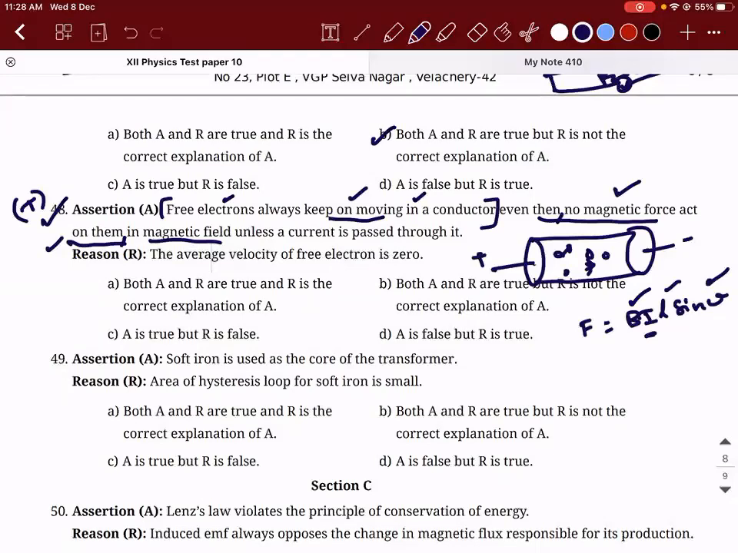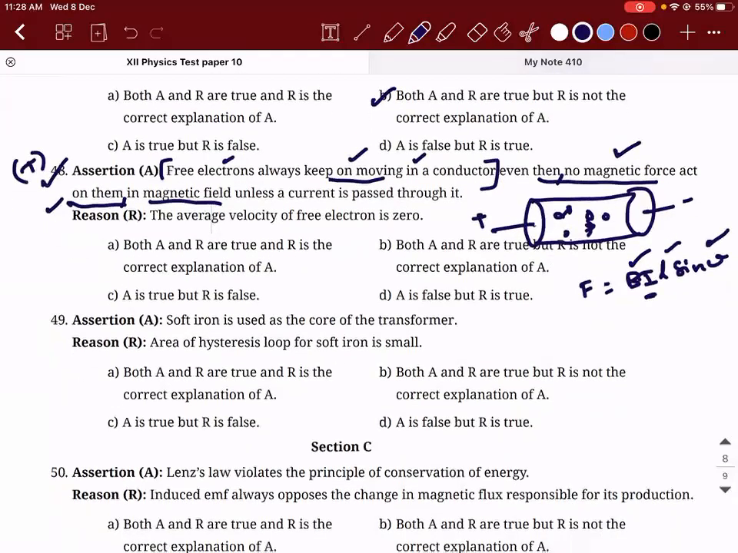Why is it a right thing? It is because the average velocity of free electrons is zero. That is what I told you. U1 vector plus U2 vector plus so on till UN vector divided by N is zero. So both are true. Is the reason the right